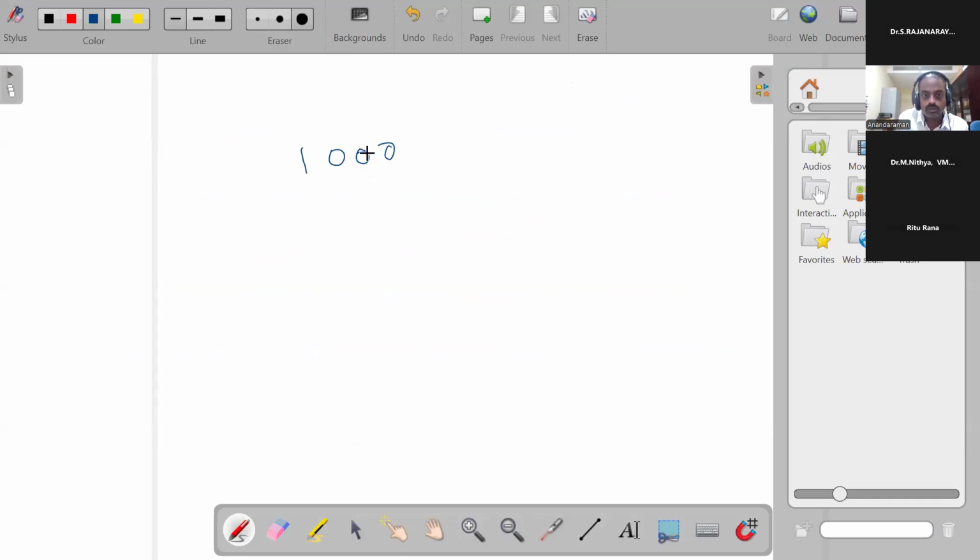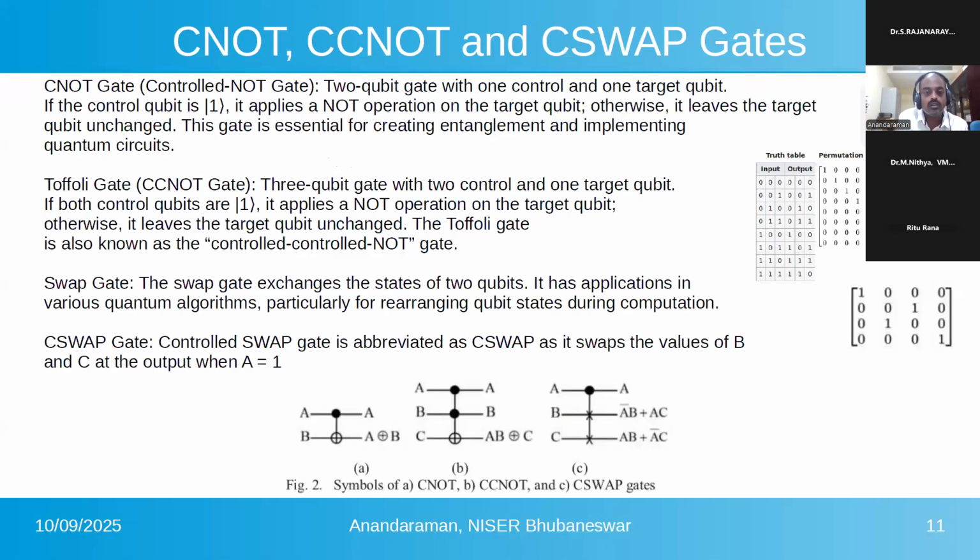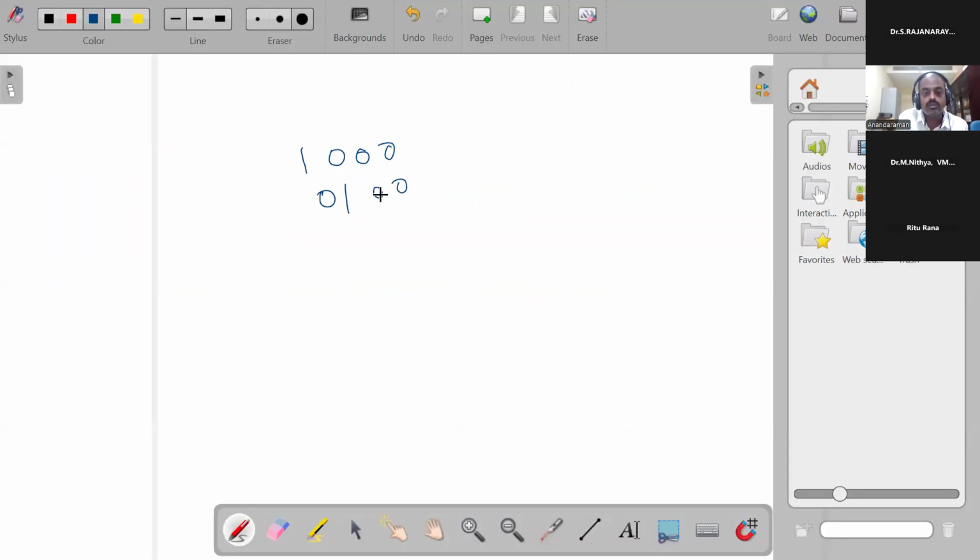1 0 0 0, 0 1 0 0, 0 0 0 1, 0 0 1 0. The control and target. Okay. So for first,